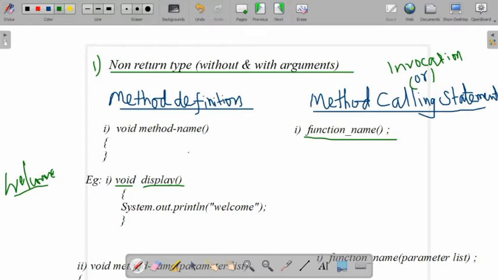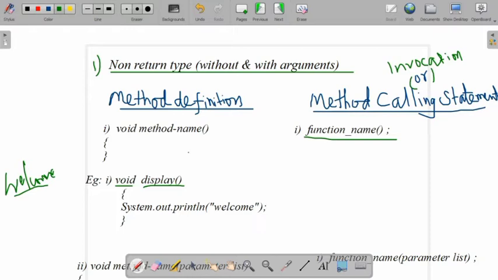First you have to understand what we are going to define. What is the task of that method? Any return value or any parameters? No. In this question we only need to display the message as welcome. So we don't want to use anything else. We will use only the return type as void, and we don't want to pass any parameters. So simply we will write void display. Open the curly brackets. Inside that we will give the message.